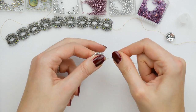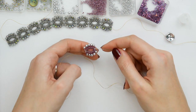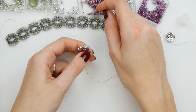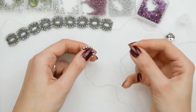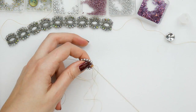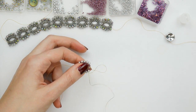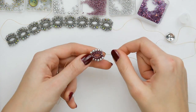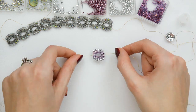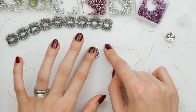Now the last thing to do is to add 2 more 15-ohs also on the spot here. So I'm picking 2 15-ohs and I'm going through the 11-oh. This is one segment done. So this is one eye, let's call it an eye,